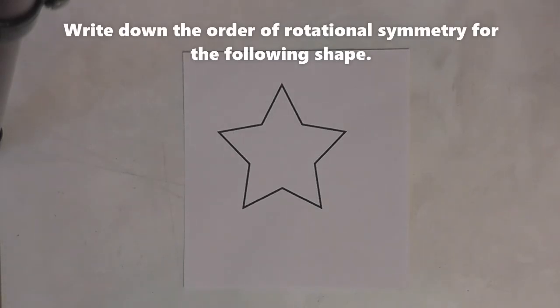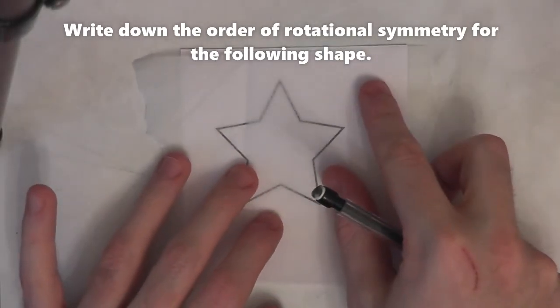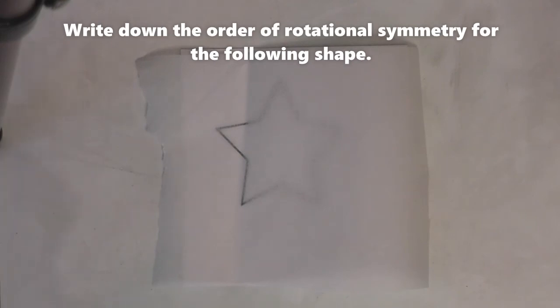Write down the order of rotational symmetry for the following shape. So we've got a star this time, but we can still do rotational symmetry in the same way. We grab our tracing paper, and we place it over the top of the shape. We then trace the shape,